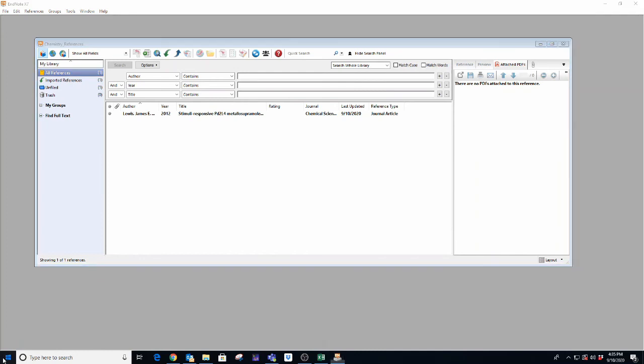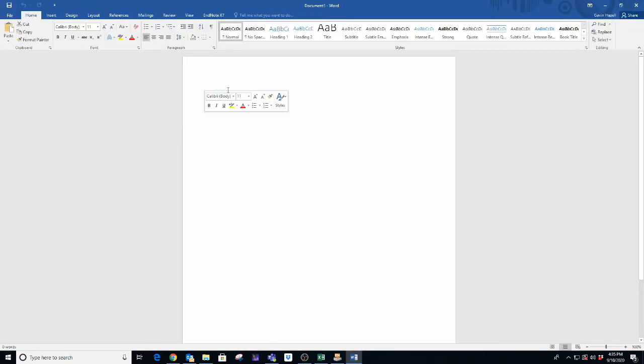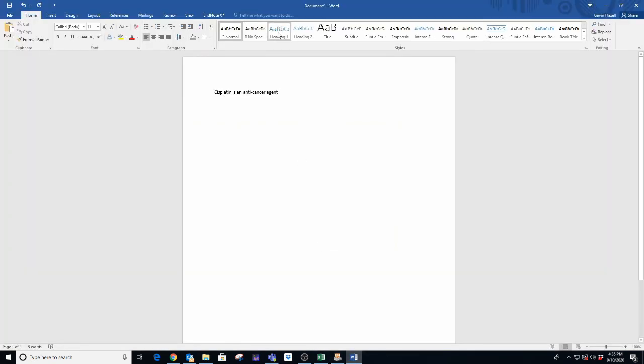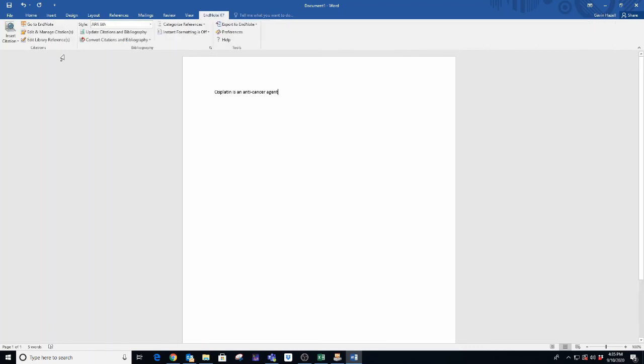The clever thing about that then is if I open up Microsoft Word and I'm starting my coursework and I would like to reference that journal article that I've just imported into EndNote, I can start by saying cisplatin is an anti-cancer agent. I may wish to put a reference there. So I go back to EndNote, I highlight the article in question, and I then go back to Word and click on the EndNote tab up here. I then click on this Insert Citation tab and Insert Selected Citation. And it automatically puts the reference into my Word document, and if I add more it will reference them appropriately and create a